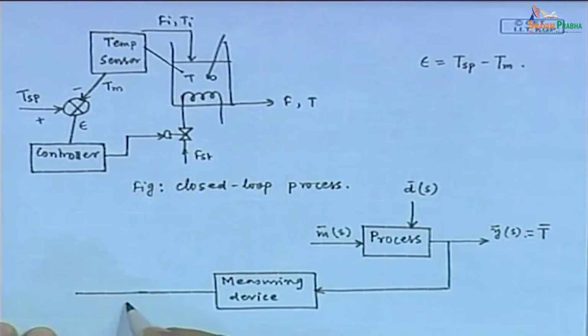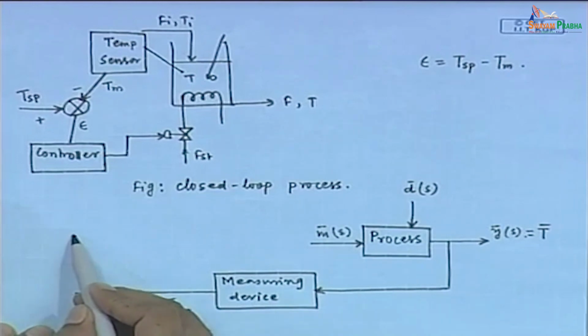Output is y suffix m, that is nothing but measured temperature. Sensor output is measured temperature Tm. Fine. Now, this measured temperature,